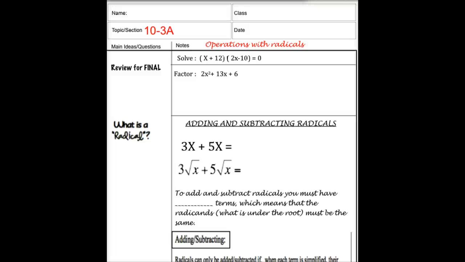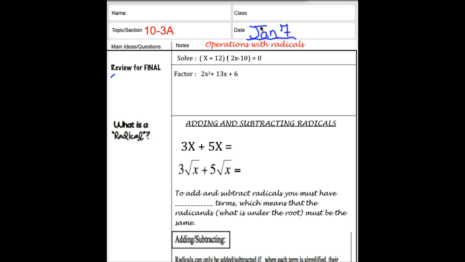All right, so we're going to have a little shorter notes and a little shorter homework today because we're only going to do the first part of 10.3, which is going to be how we start doing some operations with radicals. By that I mean adding, subtracting, doing a little more multiplying, that kind of thing. But again, what's today, January 7th,